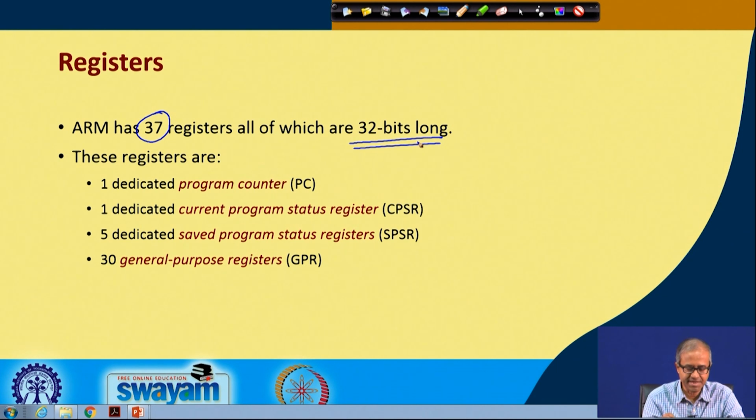Talking about dedicated registers, there are 7 registers which have specific purpose. One is the program counter, PC it is called. There is one which is called current program status register. Well, for those of you who are familiar with some